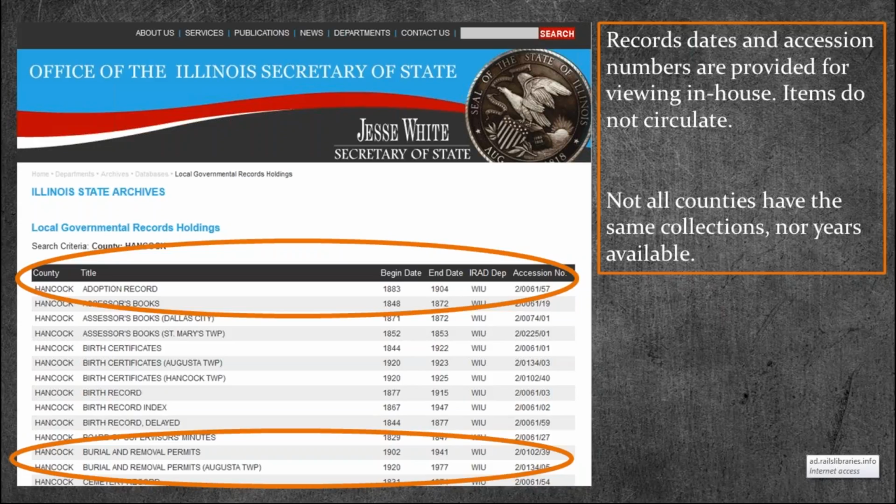Vermilion County is one as well because they have World War I bonuses that the county itself gave out to its veterans separate from the state. There's no other county in Illinois that has that. So out of the 104 counties within the state of Illinois, that's a lot of different researching that your patron has the opportunity to utilize.